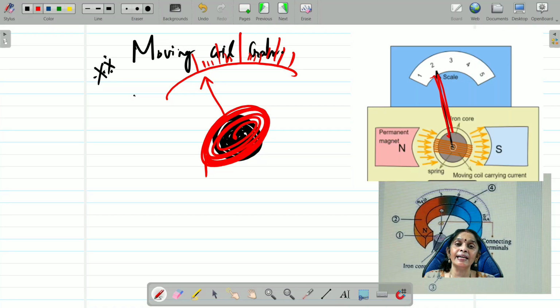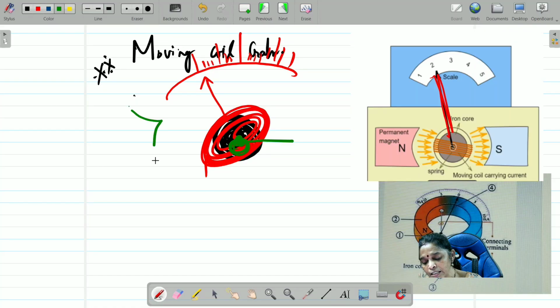Same way, it is taking some time, but I wanted to bring it back to the original position. Therefore, I'm going to attach a small coiled spring like that. When you attach a coiled spring like this, what happens? It will be able to come back to the original position. But at the same time, I want the maximum torque.